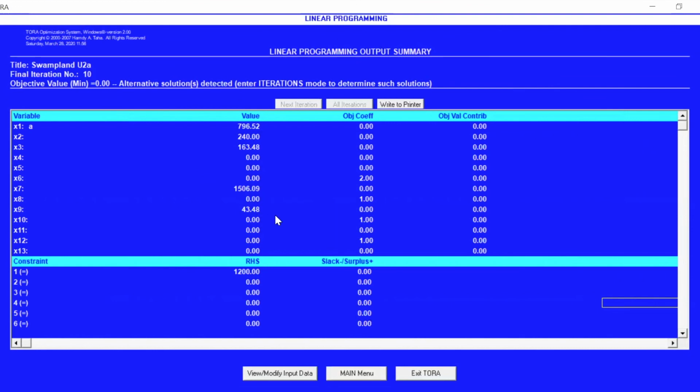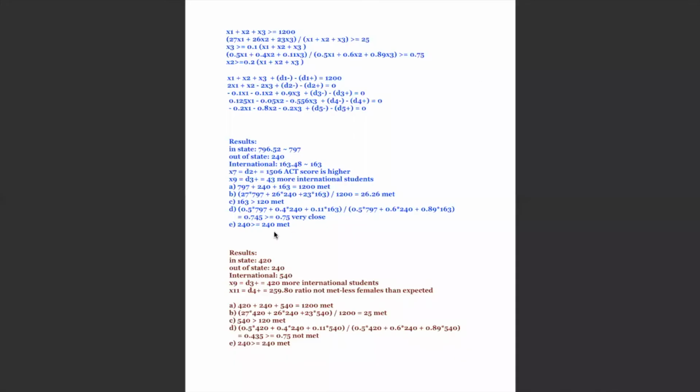So we see that we get the same result as we did before, with the same standard deviation and everything. So nothing changed. The goals are met, except for the little under number for the